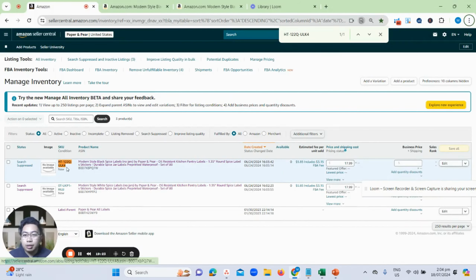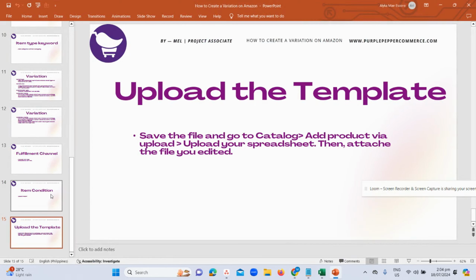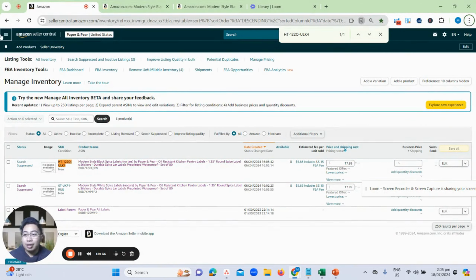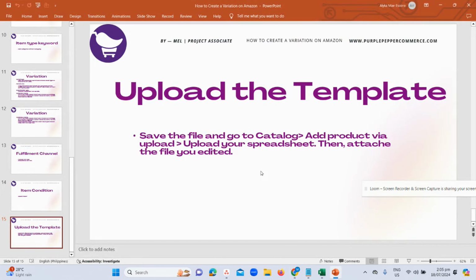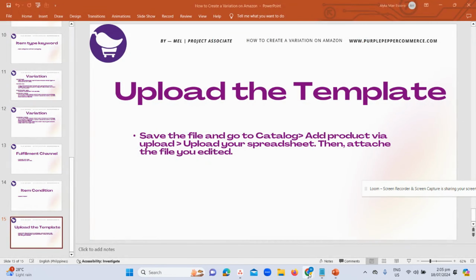Okay, let's see what's the next step. So after the item condition, actually it's done. So we can go on ahead and upload it in our catalog in here. So the next step will be to save it since it's all good now,